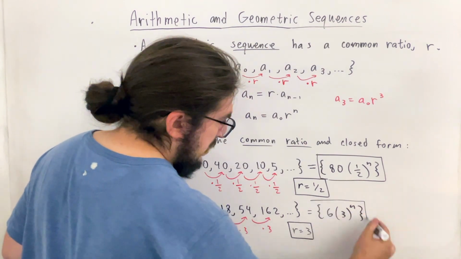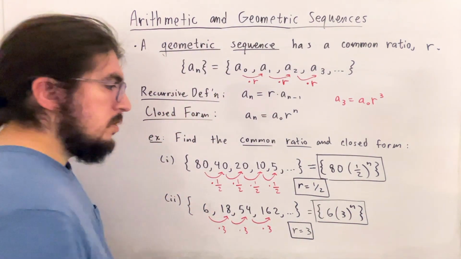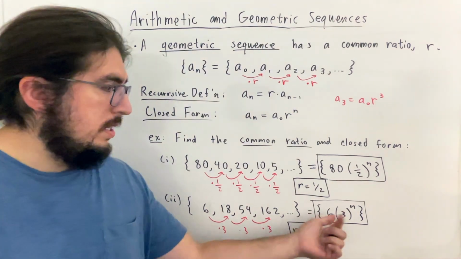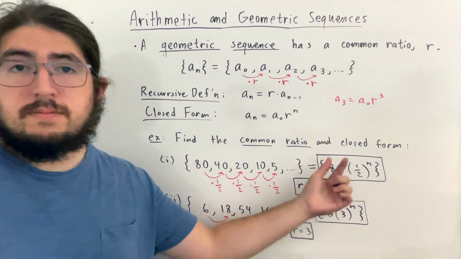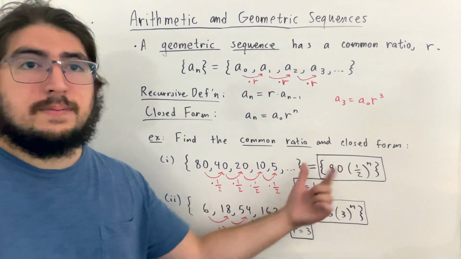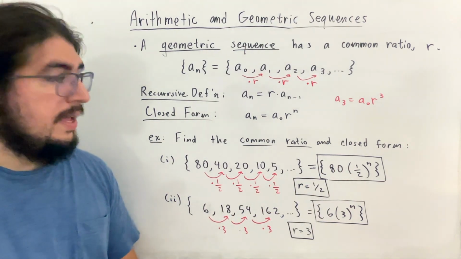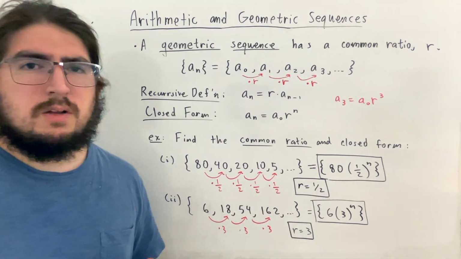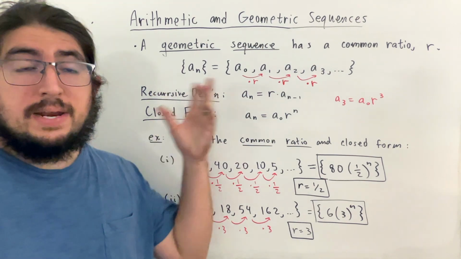And again, for these sequences, we assume to start at 0. So when n is equal to 0, 3 to the 0 is 1, 6 times 1 is 6. Here, 1/2 to the 0 is 1, 80 times that is 80 for the first term. Fantastic. So now with that being said, let's take a look at the partial sums for arithmetic and geometric